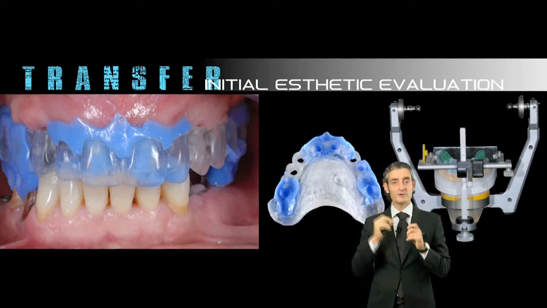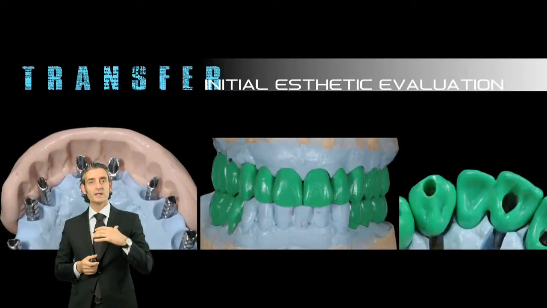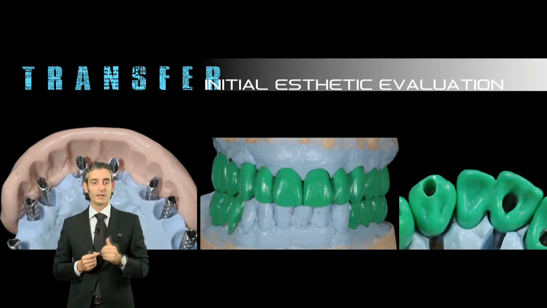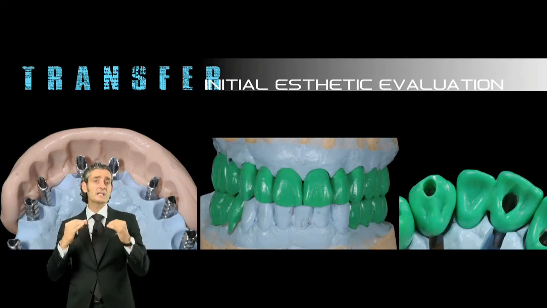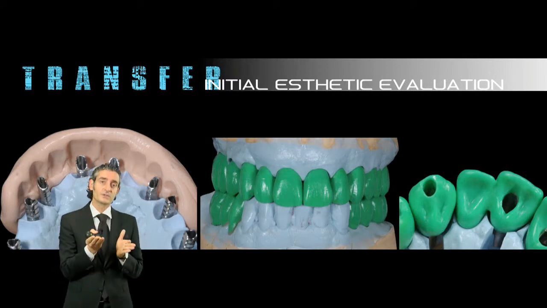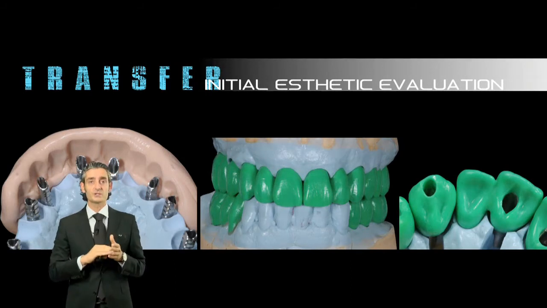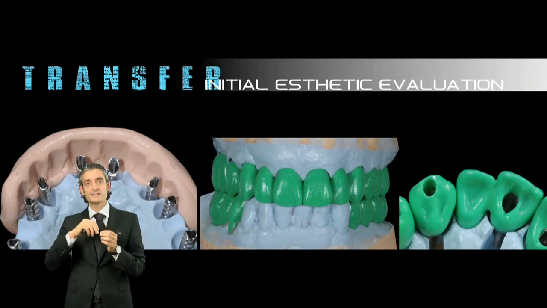And then after all the surgery, we use the radiographic stent, or like in this case the surgical guide, to maintain the vertical dimension that we planned in the beginning, and just in the way to give the opportunity to the lab to copy for the second provisional restoration. Right now, the second provisional restoration will give us the opportunity to shape the tissue in the best way, with a fixed restoration, because if we pass directly to the final restoration with a removable one, we are not able to finalize it, to fine-tune the tissue